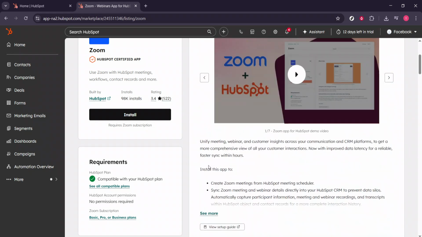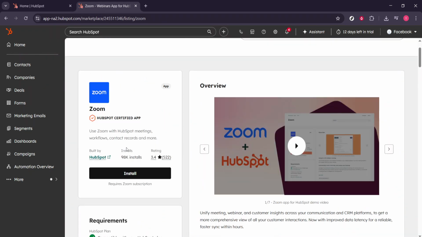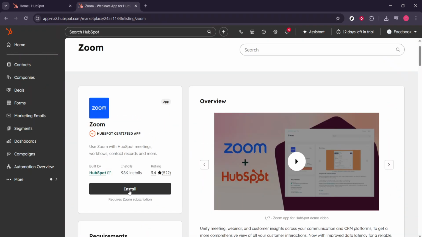When you're ready, click Install. HubSpot will guide you through any on-screen confirmations so you can proceed confidently. If you're prompted to review permissions or select the appropriate HubSpot account, follow the prompts and make sure the chosen portal is correct. If the Install button is unavailable, you may not have the required permission level, and an admin